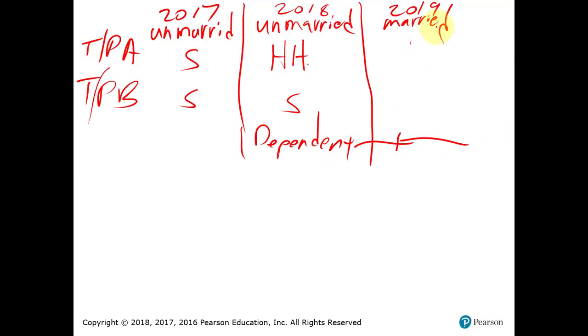What's our filing status? At the very end of the year, they're married, so there's only two choices, right? Either married filing joint, or two returns, each would have a married filing separate. And again, probably joint is always best. It doesn't hurt. Now, there are exceptions to that statement, but mostly I've never seen a joint return hurt